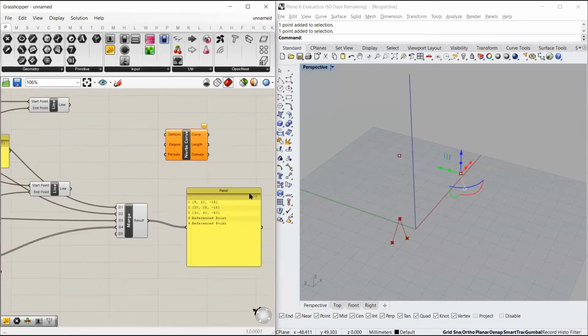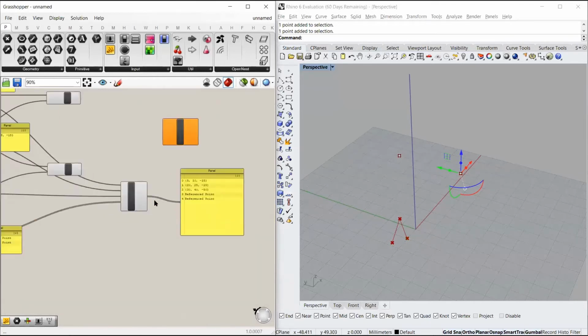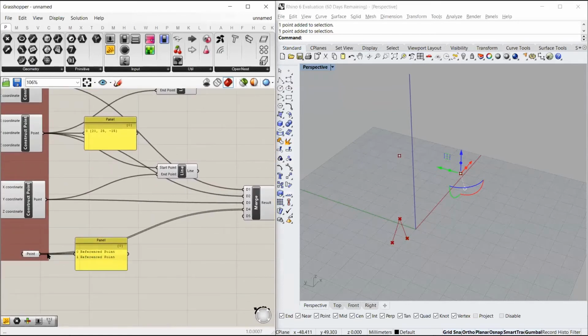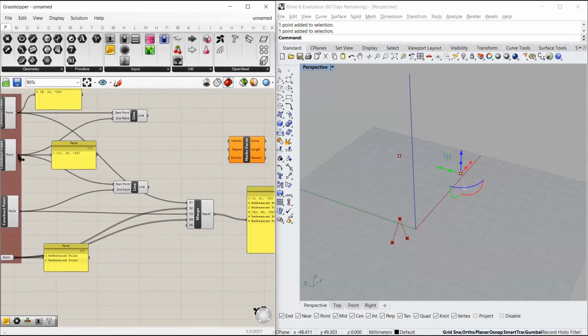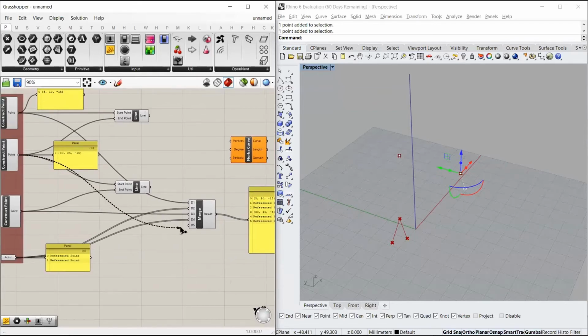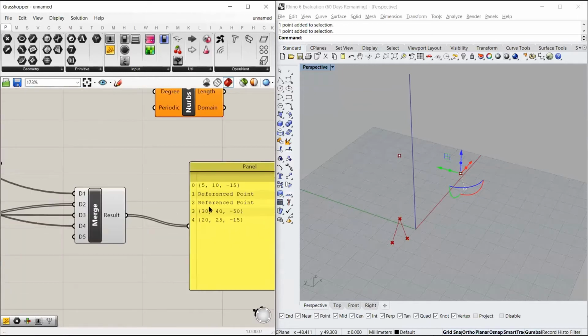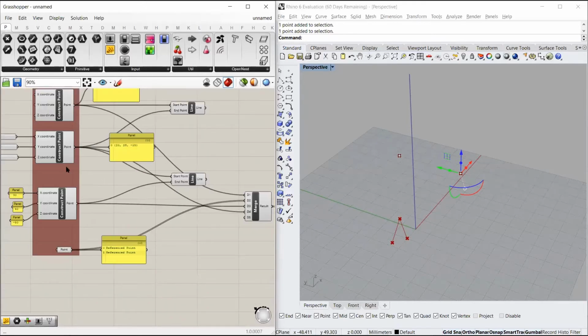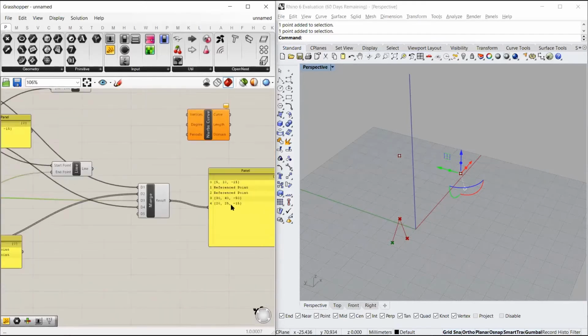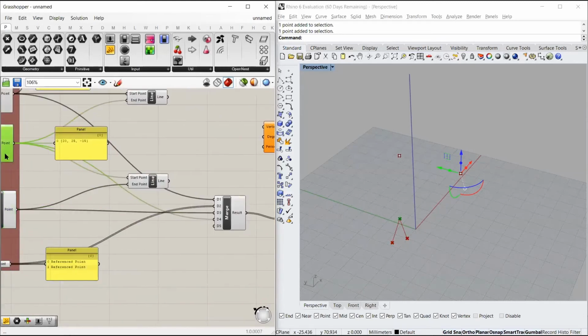So if I change the order while inputting this merge data, suppose I input my reference point as data 2 and my second point as data 4, you see the output changes. The first point remained the same, but the index value of my two reference points changed, and then I had the third point and then the fourth point.